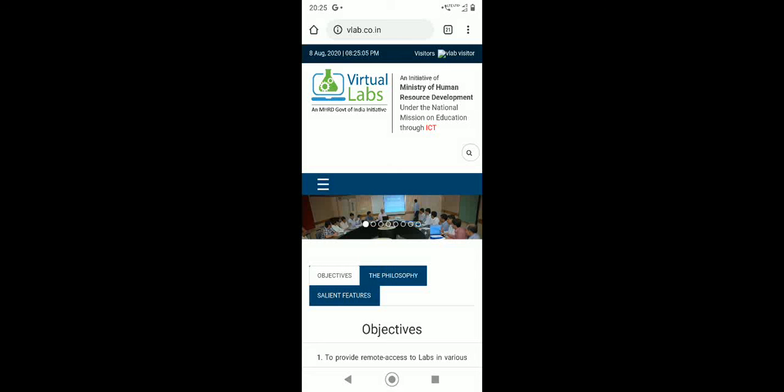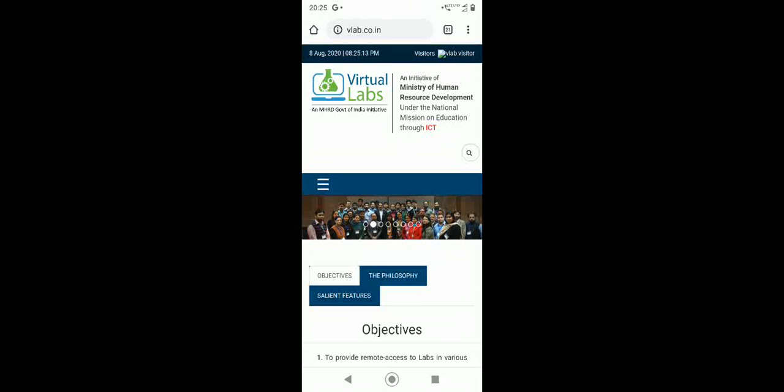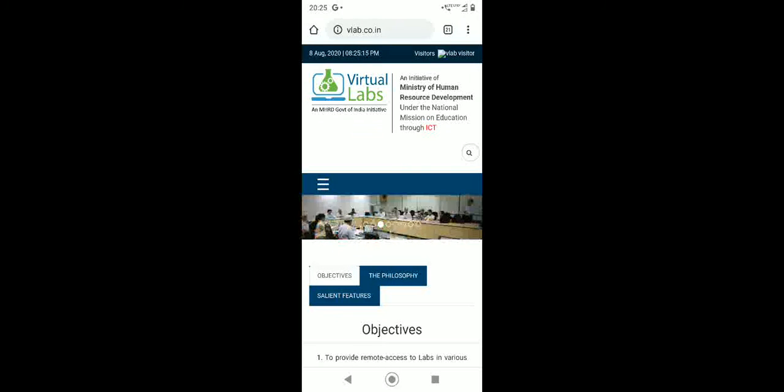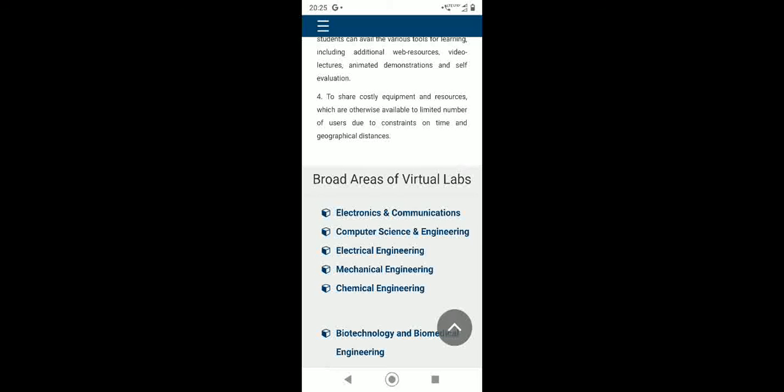Okay, now this is the virtual lab website, where we can see that this is an initiative of the Ministry of Human Resource Development under the National Mission on Education through ICT. Now we can see these are the broad areas of virtual labs. First of all, electronics and communications, then computer science, electrical, mechanical and chemical.